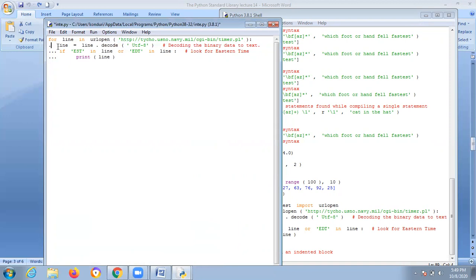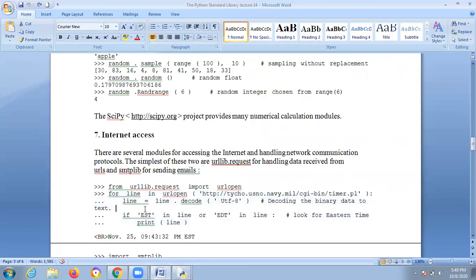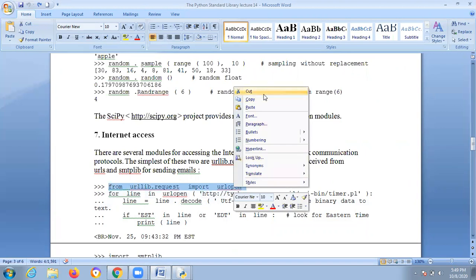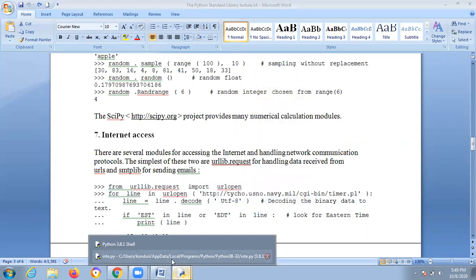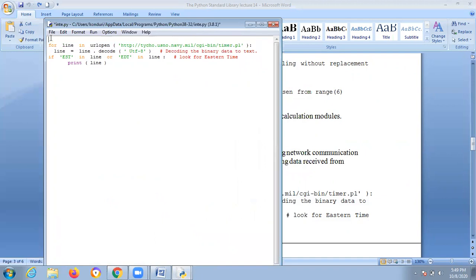Remove these three dots. Why so much confusion? urlopen is not defined. So for this reason, you have to include this one also, because you need to open the URL.